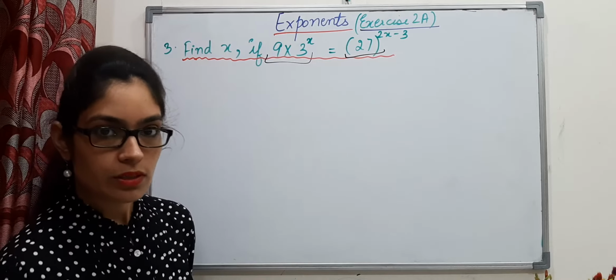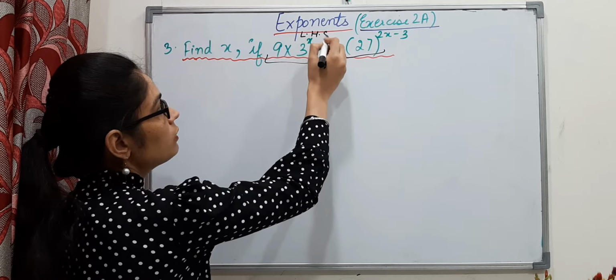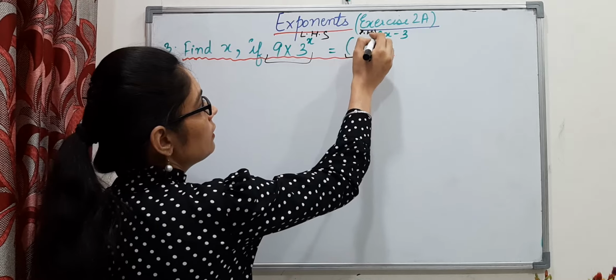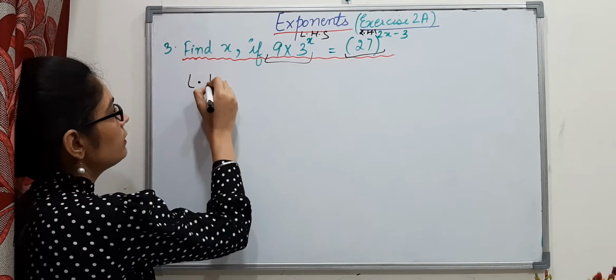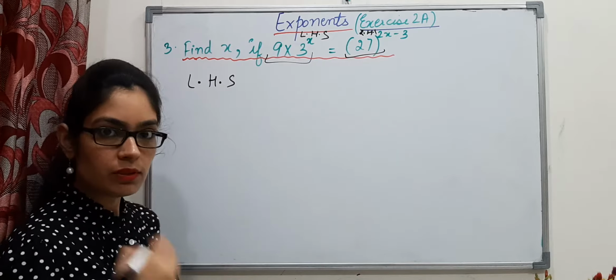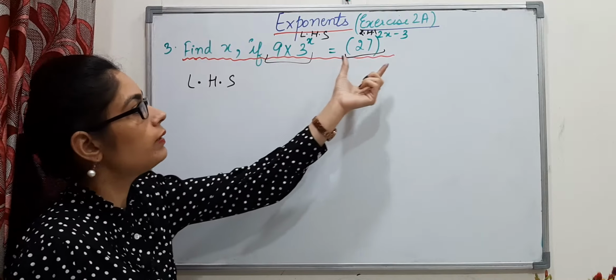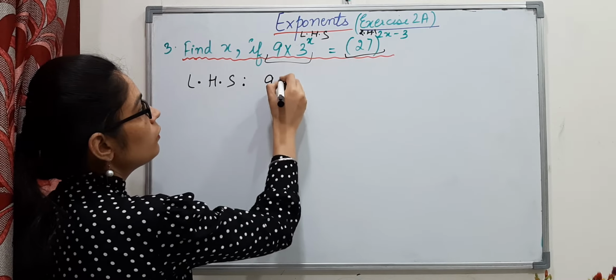So in this question what we'll do, we will solve left hand side and right hand side separately. See, this is our left hand side and this is our right hand side. So let's solve left hand side first, and afterwards we can compare, because this equality sign means this thing is equal to this. So left hand side I'll take 9 into 3 to the power x,